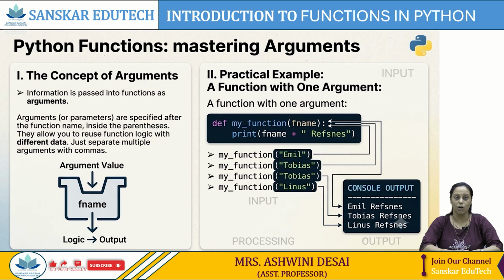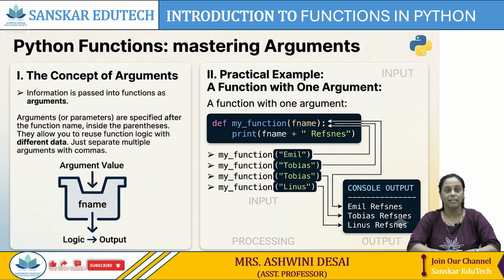When the function is called, we pass along a first name, which is used inside the function to print the full name. Here is a function example with one argument: def to define a function, space, the function name, and fname is an argument. We are printing the fname and we call my function 3 times by providing 3 different